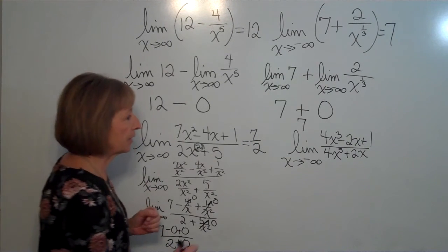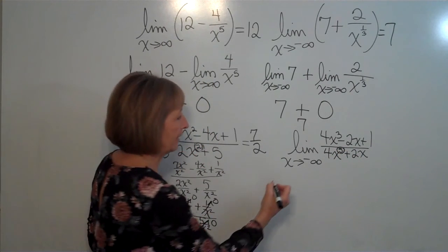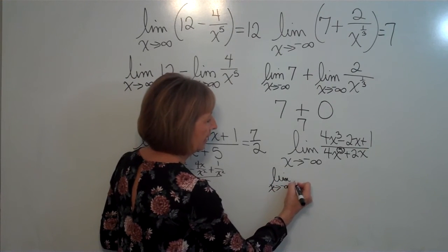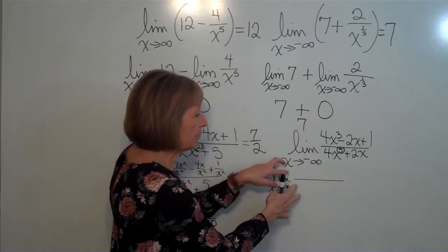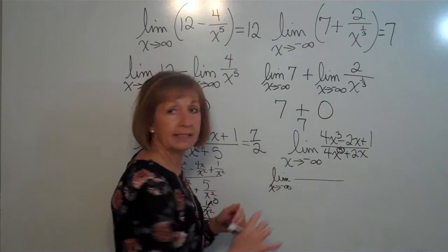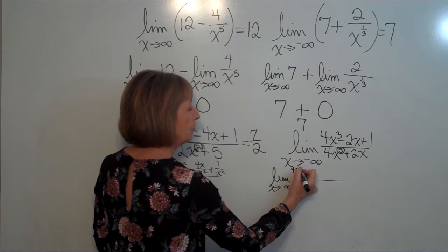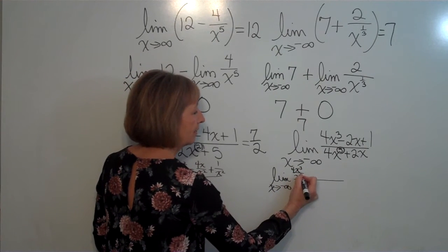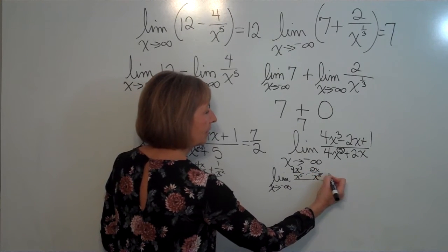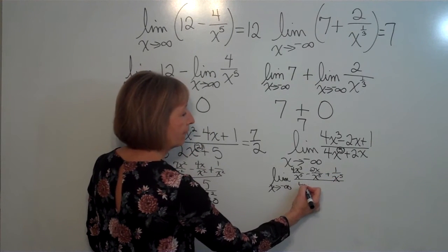How about this next one? So again, look at the highest exponent in your denominator. So this is the limit as x approaches negative infinity of, and I'm going to multiply the top and bottom by 1 over x to the 5th, because the power of 5 is the highest exponent in the denominator. So when we do that, that's 4x cubed over x to the 5th, minus 2x over x to the 5th plus 1 over x to the 5th,